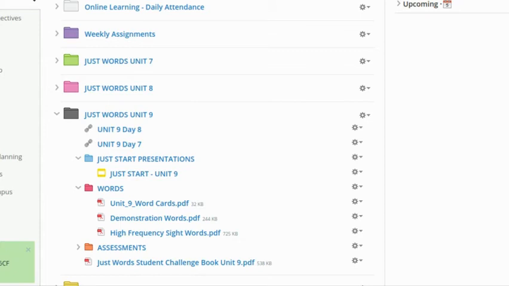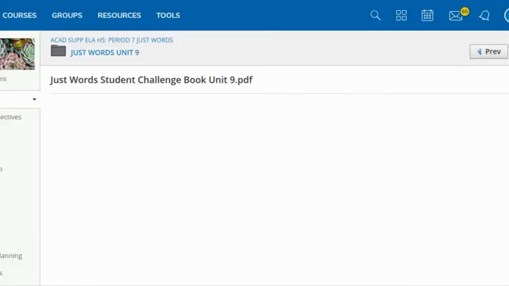Okay, so in the workbook, the challenge book, which is also located in your Unit 9 folder. So I'll go back and show you where that is located. So all of the Just Words Student Challenge book is right here. So if you print that out, that's great if you have that in front of you. But if you don't have it today, just open this up, and I'm only going to have you do, and I'll show you where you need to do this. Okay, it will open up the PDF,